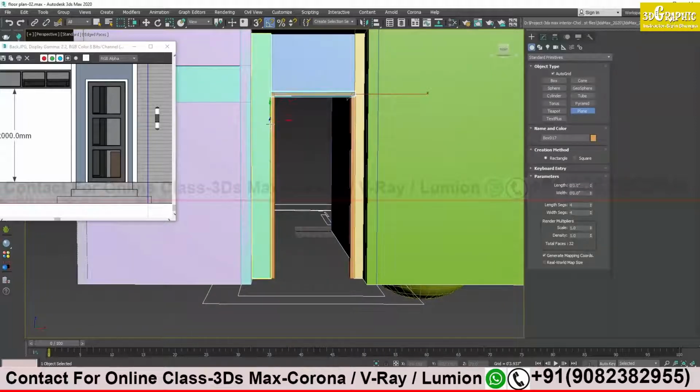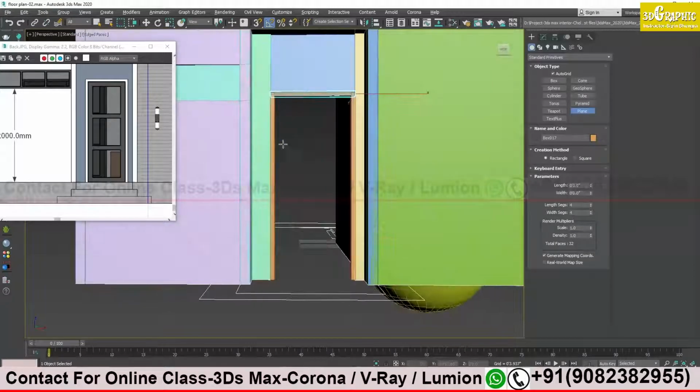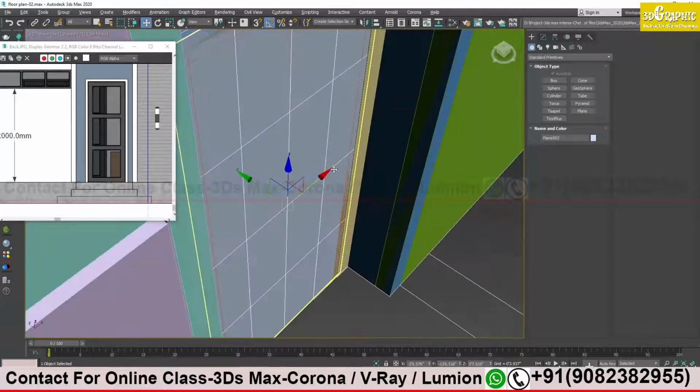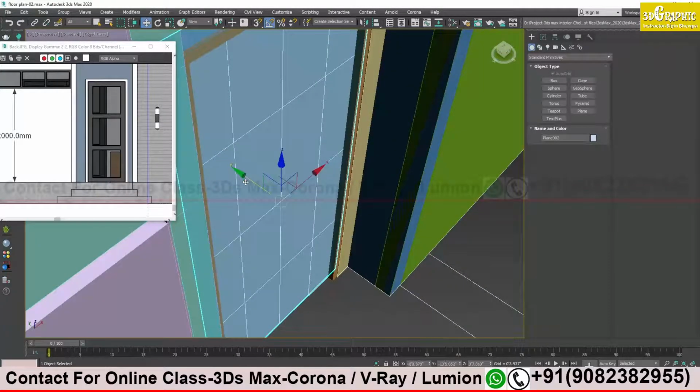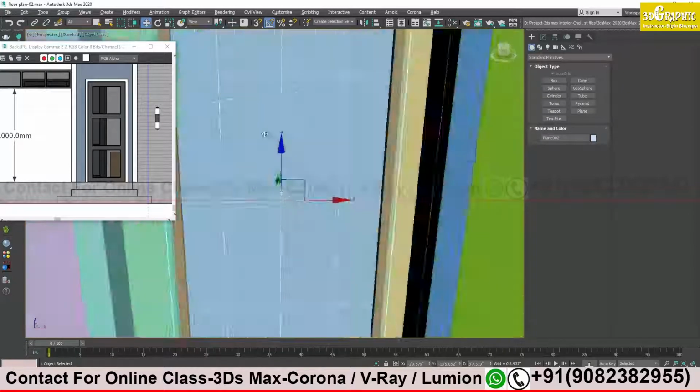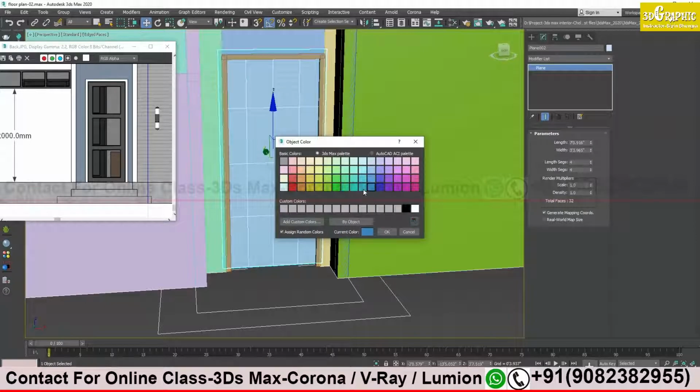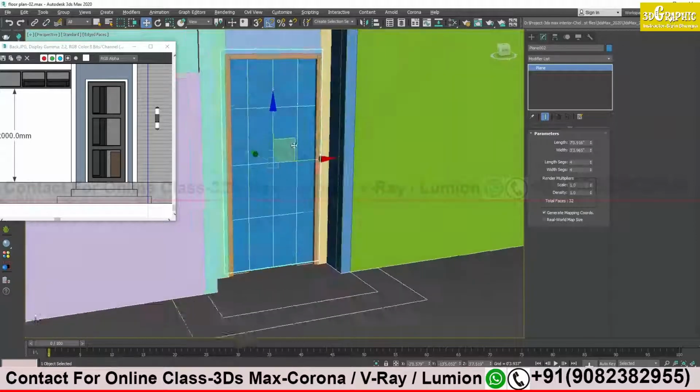Now I have to create this one over here. So I will take auto grid to help me and click on the flat surface, because it should be flat like this. Remember this, if your glass should be flat like this, click on the flat surface. So I will click somewhere around here and just drag it out like this. W, and I will drag it inside a bit. This will be my glass portion over here, the transparent portion. So I will try to change the color, maybe a little bit of blue. This one will work. Okay, fine.